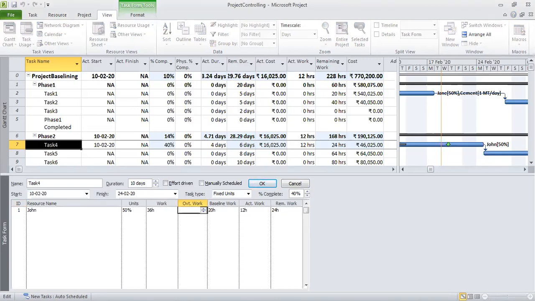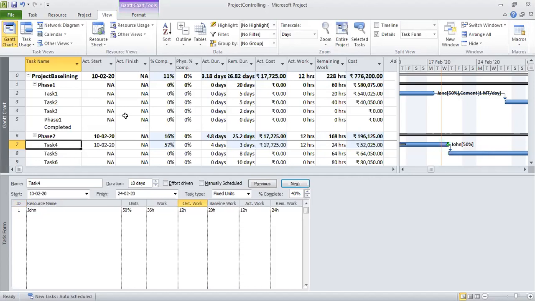I expect John to do 8 hours of overtime over the rest of the 6 days. Let us make it 12. That will sound good. 12. And now I press return here. There is no impact yet on the top pane, but the moment I go there and click, you can see the impact.